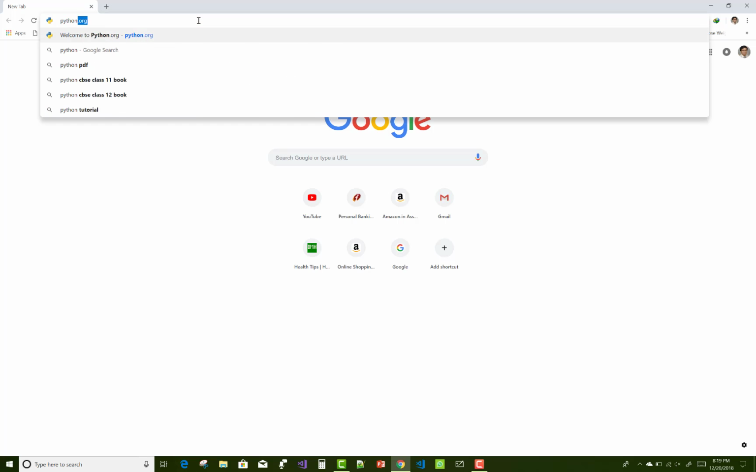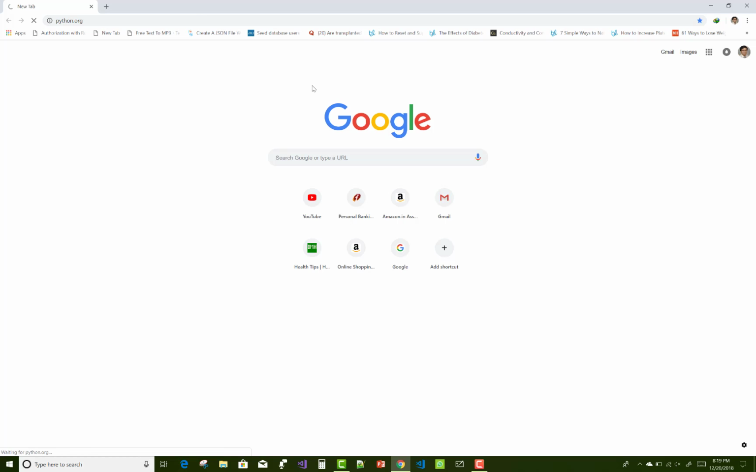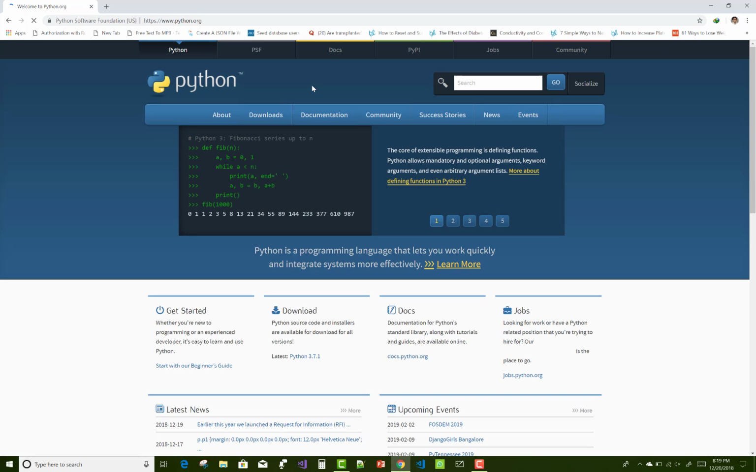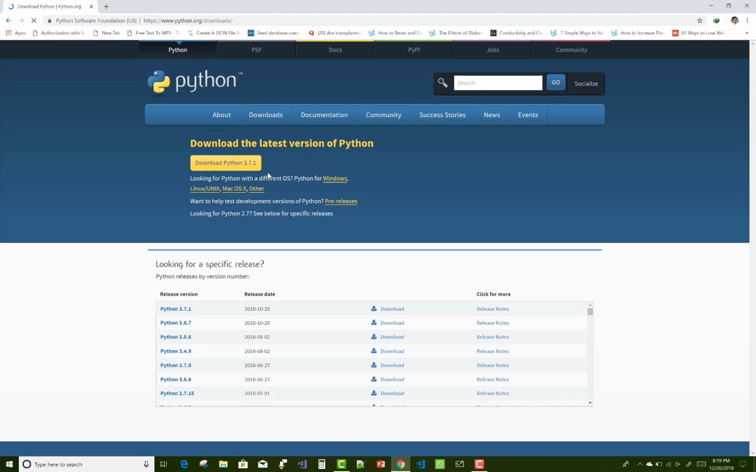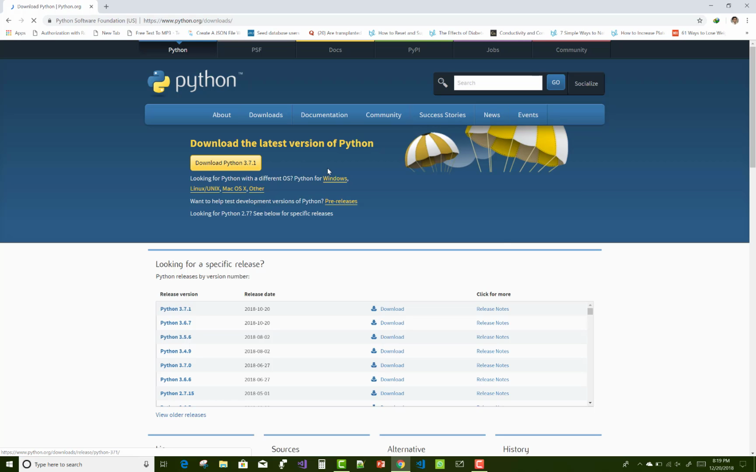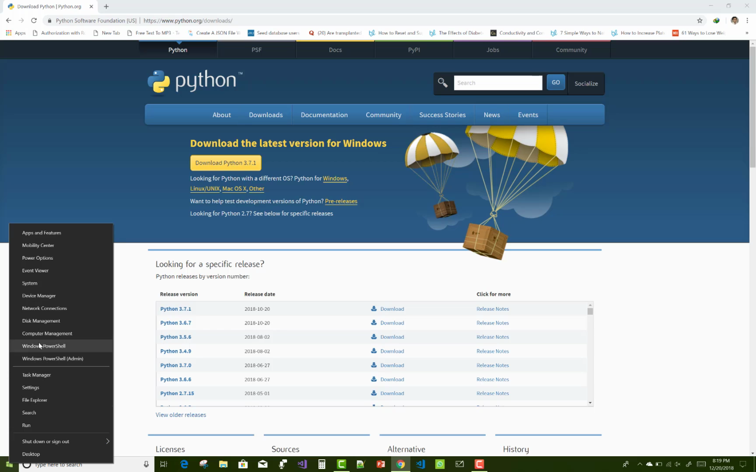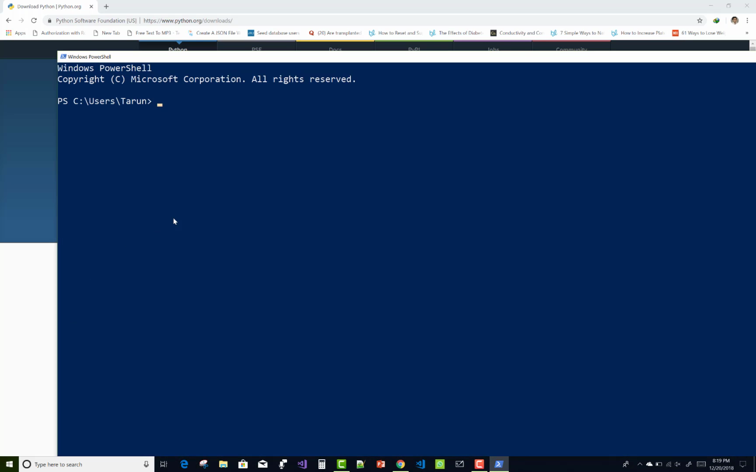Today I'm going to show you getting started with Python. So just open your browser and download the latest Python package from the official website, that is python.org. And here you can see the latest package of Python, that is 3.7.1. Download Python 3.7.1 from the official website, and after download you can install Python and also check the add to path